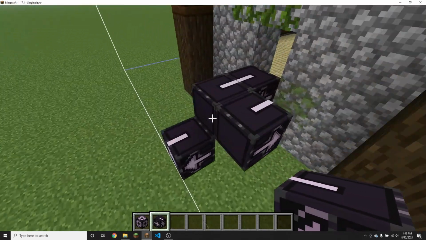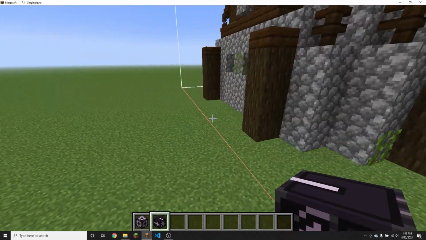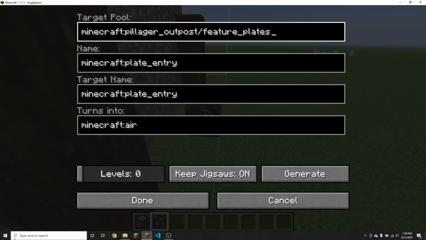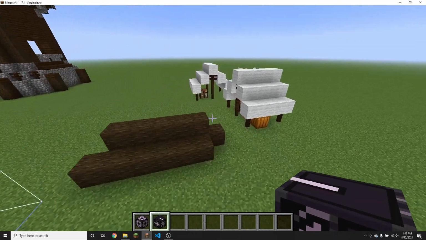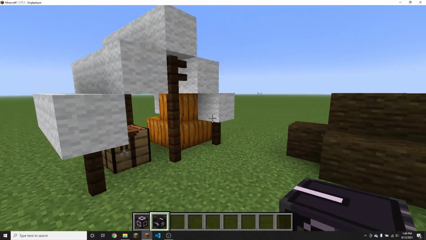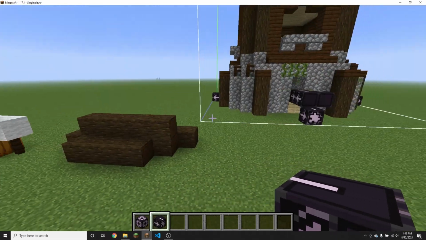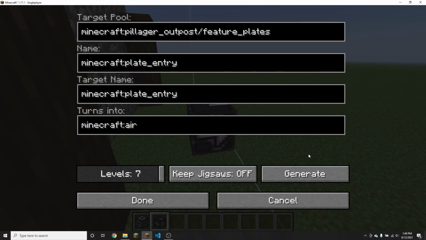So if I go ahead and go back to this first structure that I have over here, and if I want to generate the feature plates, I can turn off jigsaws and generate it, and basically it will just generate some random features over here. Or seemingly random at least, because if I go over here and generate it with jigsaws on,